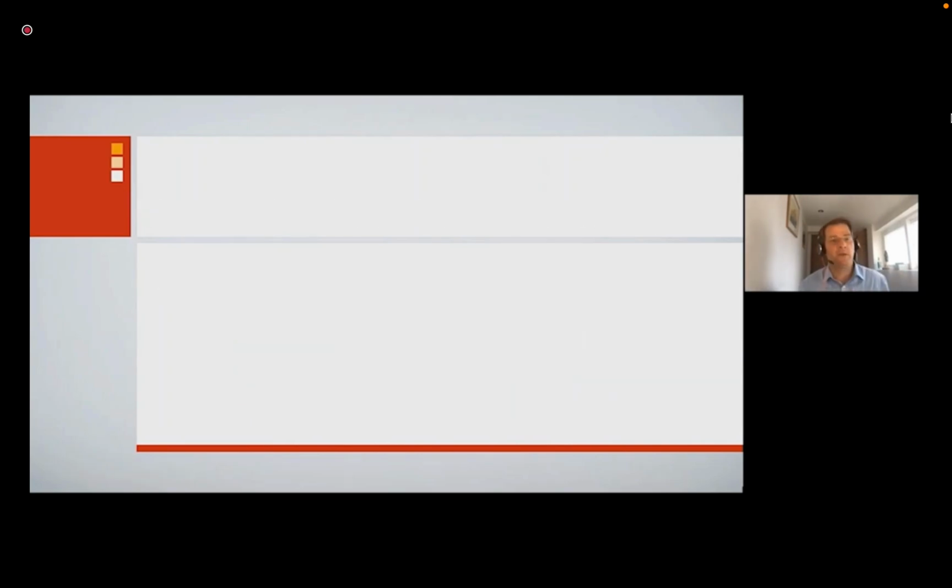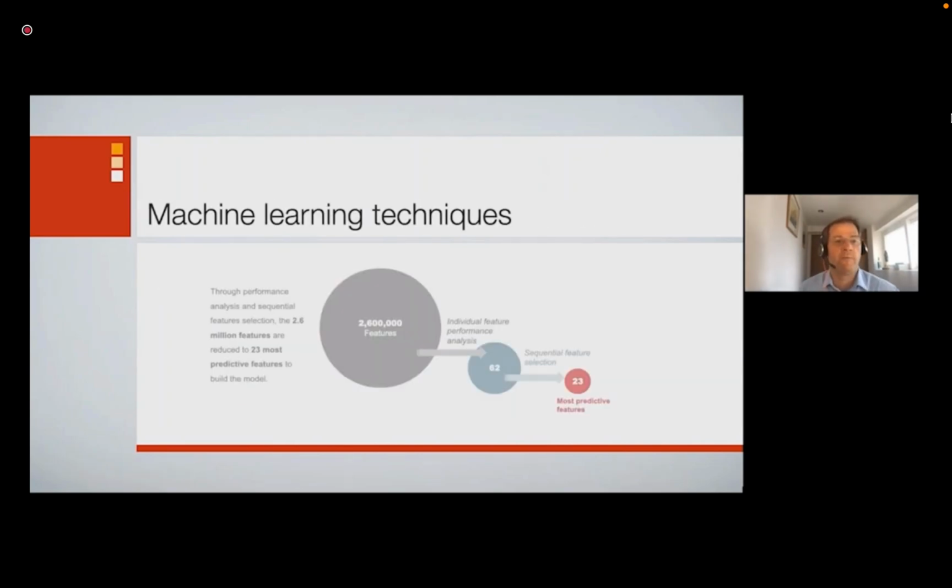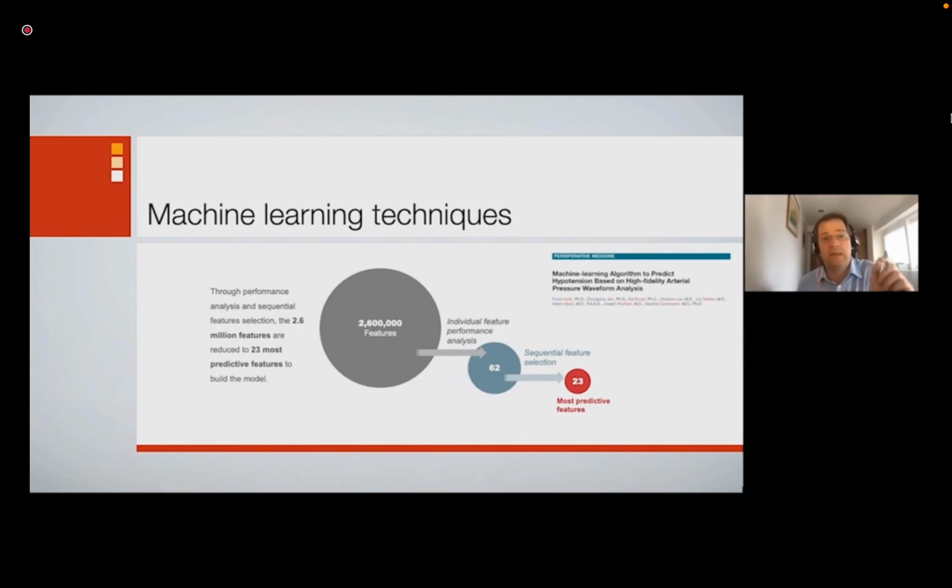When we take all this information, we have around 3,000 waveform features, so 3,000 features for each individual waveform. To start analyzing these, first of all, we look at those that predict hypotension with good strength, so they have a receiver operating curve, or AUC, of greater than 0.85. We take these best performing parameters, and then we derive what's called combinatorial permutations. So there are 51 factors that predict hypotension. We take these 51 and we multiply them together, 1, 2, or 3 features at a time